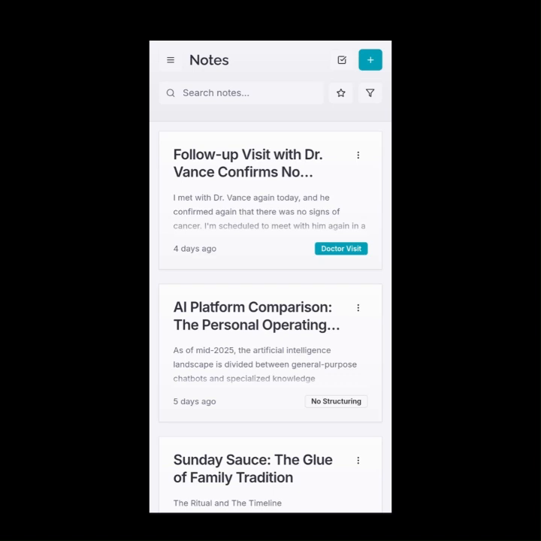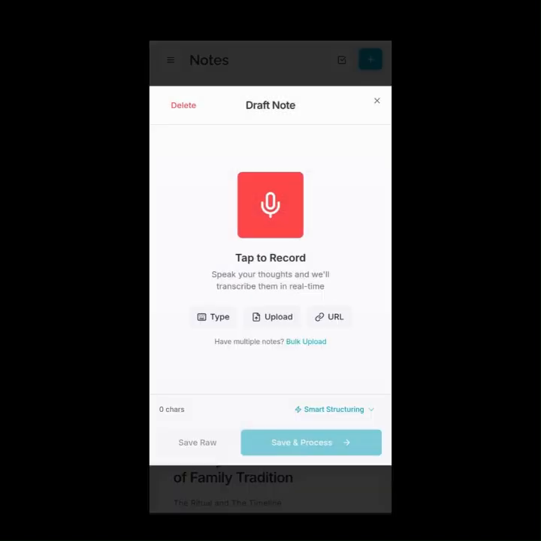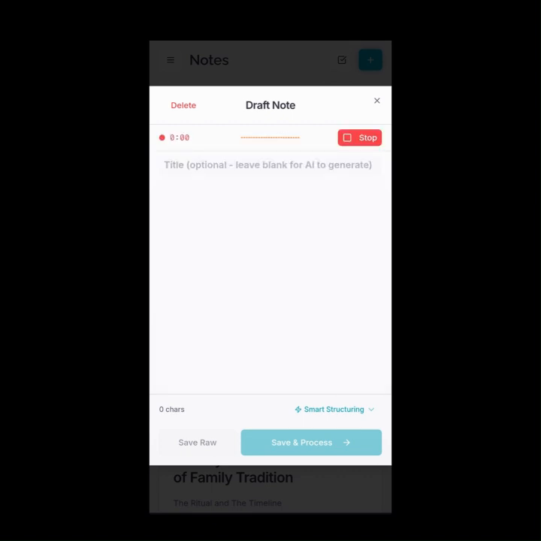We'll do a simple grocery list use case here. I have my son with me. We'll do it collaboratively. And just so you're aware, we'll talk about a few other things while we're recording it. You open up the app, you just open up a new note, hit tap to record, and then you just